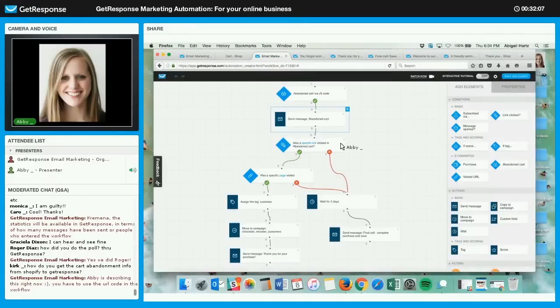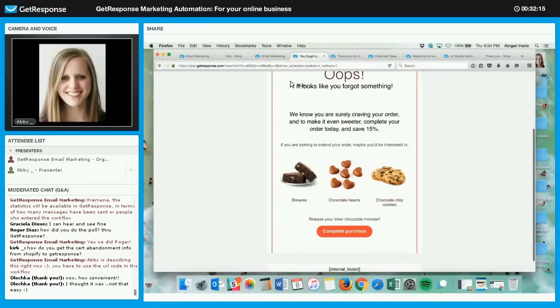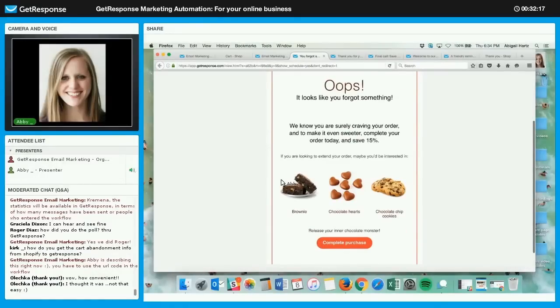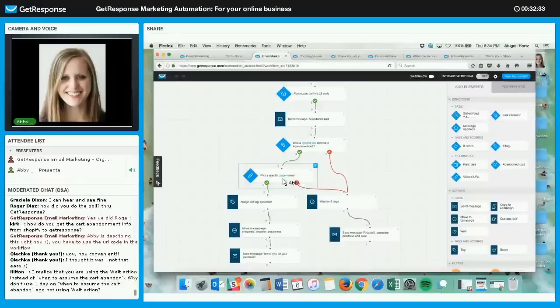And then I want to add another condition, the link clicked condition: did they click that link to complete their purchase? If they did click it, I then want to know from here, visited URL, was a specific page visited? That specific page, of course, being our thank you, our post-purchase page. Because I know if they reach that page, they've indeed become my customer, and I apply this tag. Remember, that's the tag action I've created, and I'm going to now call these people customers and move them